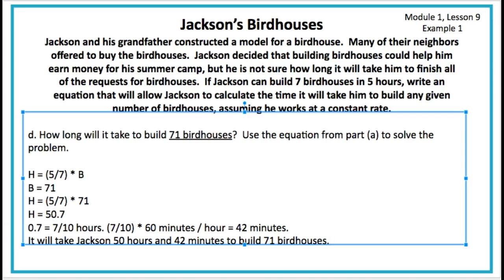Now, when you're thinking of this type of problem, remember, Jackson can work for a fractional part of an hour, but customers will not want to buy a partially built birdhouse. Some numbers can be left as non-integer answers, such as parts of an hour that can be written as minutes, but others must be rounded to whole numbers, for example, the number of birdhouses completed or sold. All of this depends on